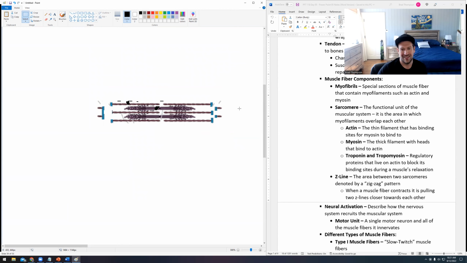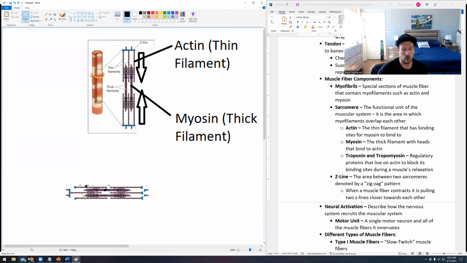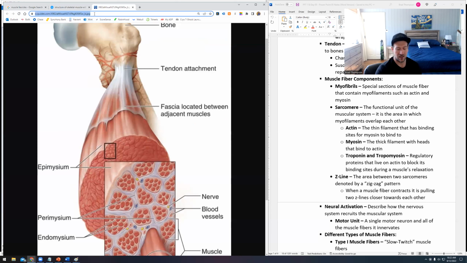This kind of got detached here, but yeah, that's not going to work. I can't fix that, but you can see I slid the proteins in like this. So they basically overlapped one another and they kind of shortened, right? That's what we see. So if we look at this shortening action, we know that it pulls towards the center. So if we look at a